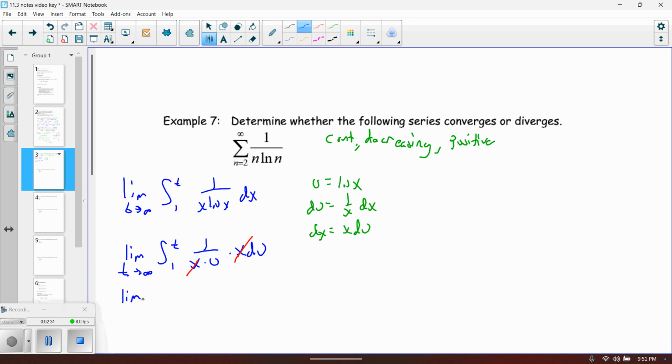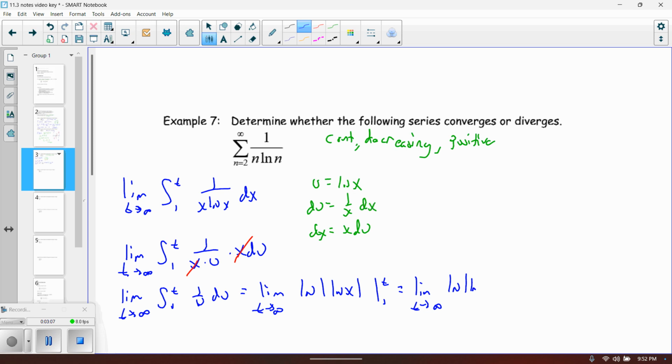So then we'll have the limit as t goes to infinity, integral from 1 to t of 1 over u du. Of course, the antiderivative of 1 over u is going to be the natural log of the absolute value of u. This is going to be really interesting. We'll have the natural log of the absolute value of the natural log of x, replacing u. And we'll evaluate that from 1 to t. So then we get the limit as t goes to infinity of the natural log of t minus the natural